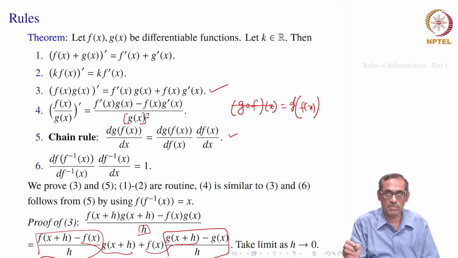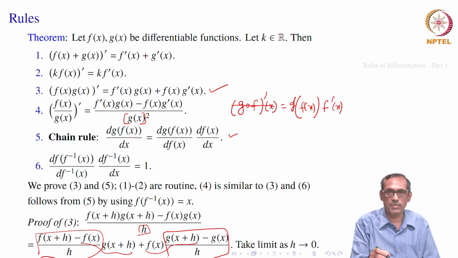f x is a particular number now, for x a number, f of x is a number. So, at that point f x is the derivative of g. So, g derivative with respect to f, that is what the symbol would say, it is g prime of f x into f prime x or d f x by dx. So, this multiplied by f prime of x, that is the composition, g o f prime equal to g prime of f into f prime. So, that is called the chain rule. We will give a proof of this.